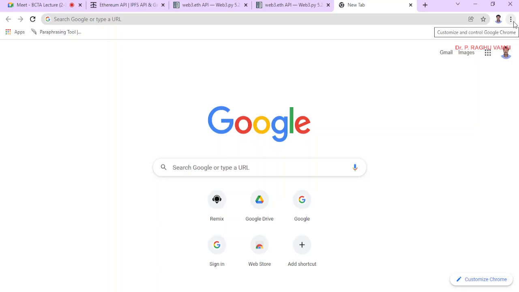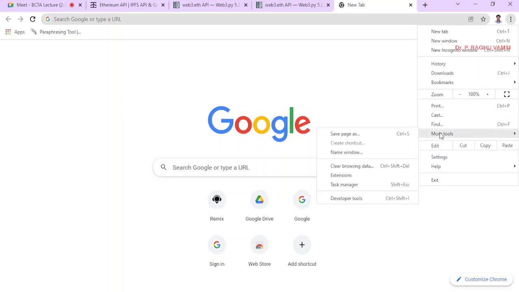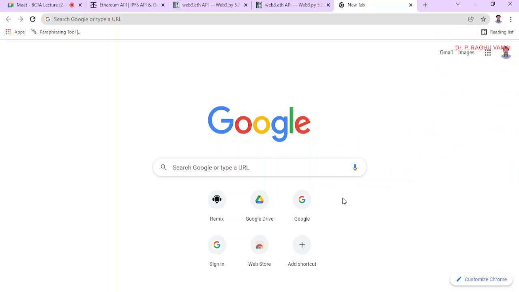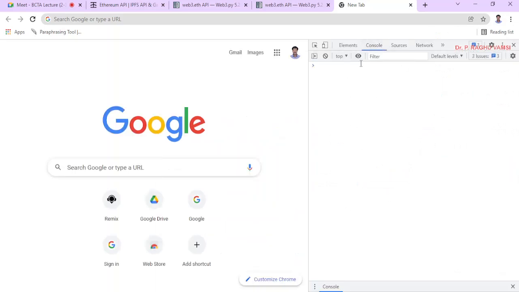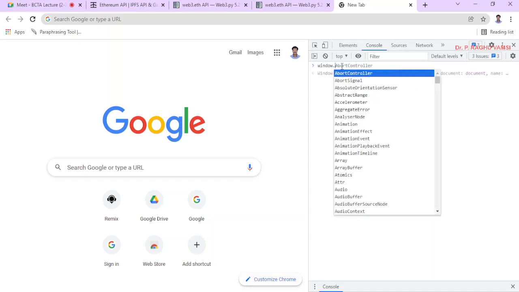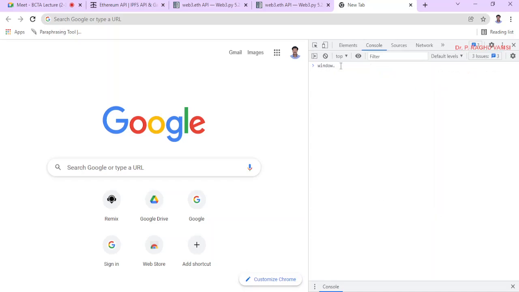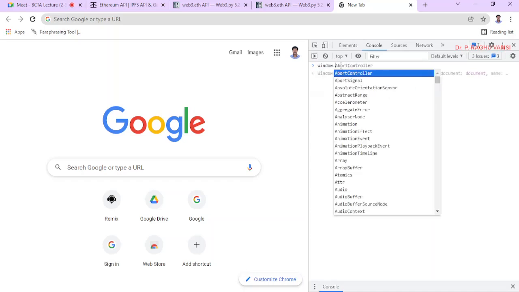To check whether this injected Web3 is available or not, we can go to more tools, and there we can go to the developer tools. Under the developer tools, you will find the console, and here if you type window dot, automatically many attributes will be shown.